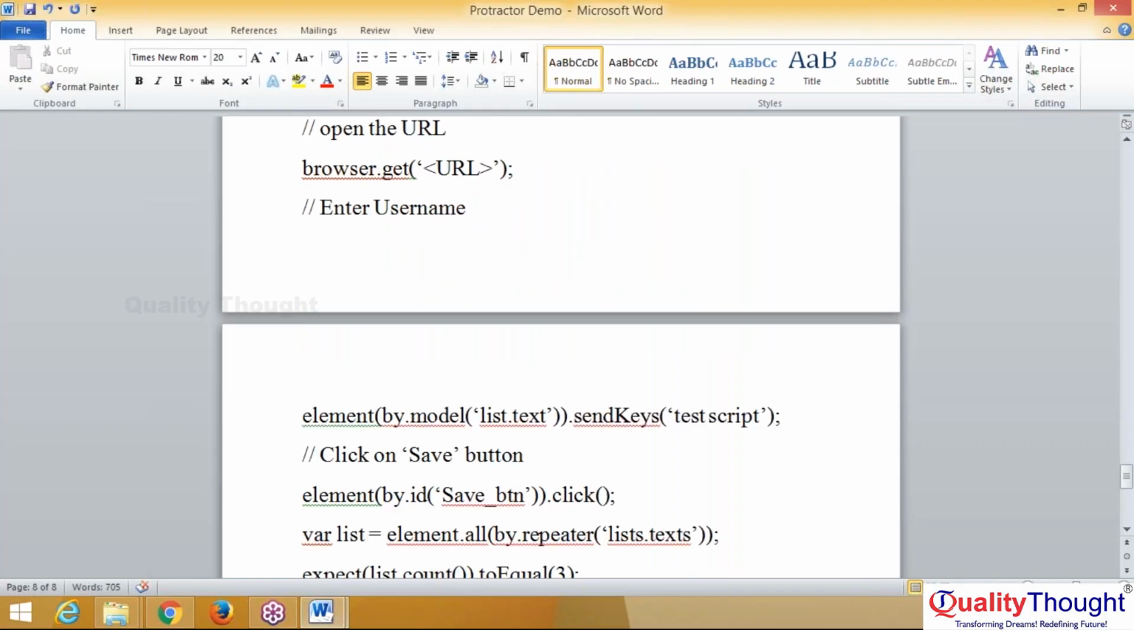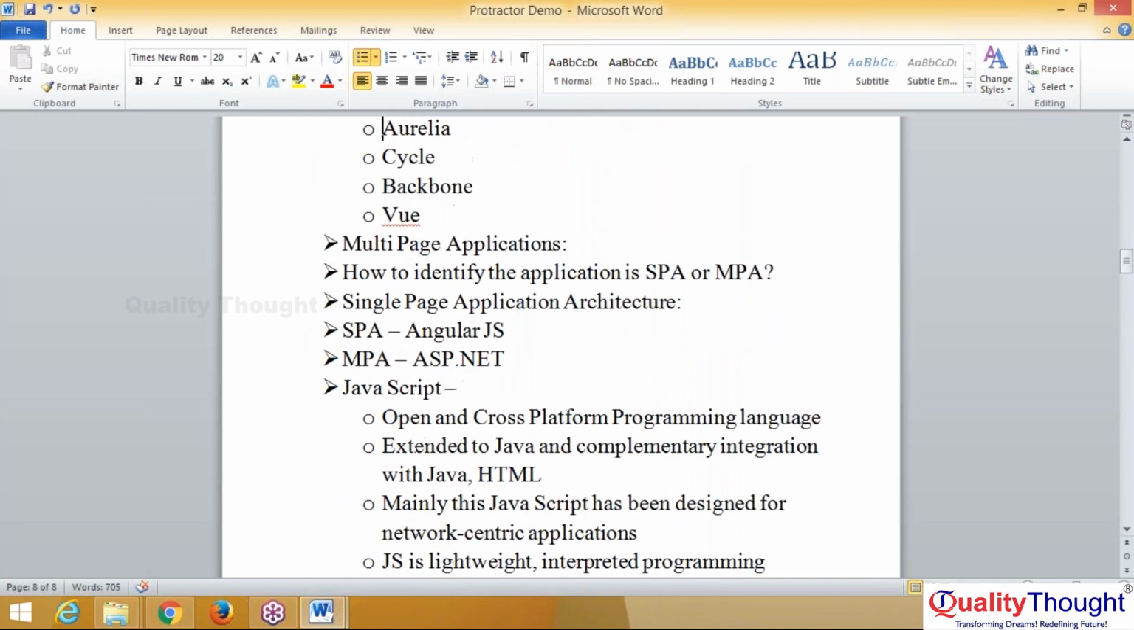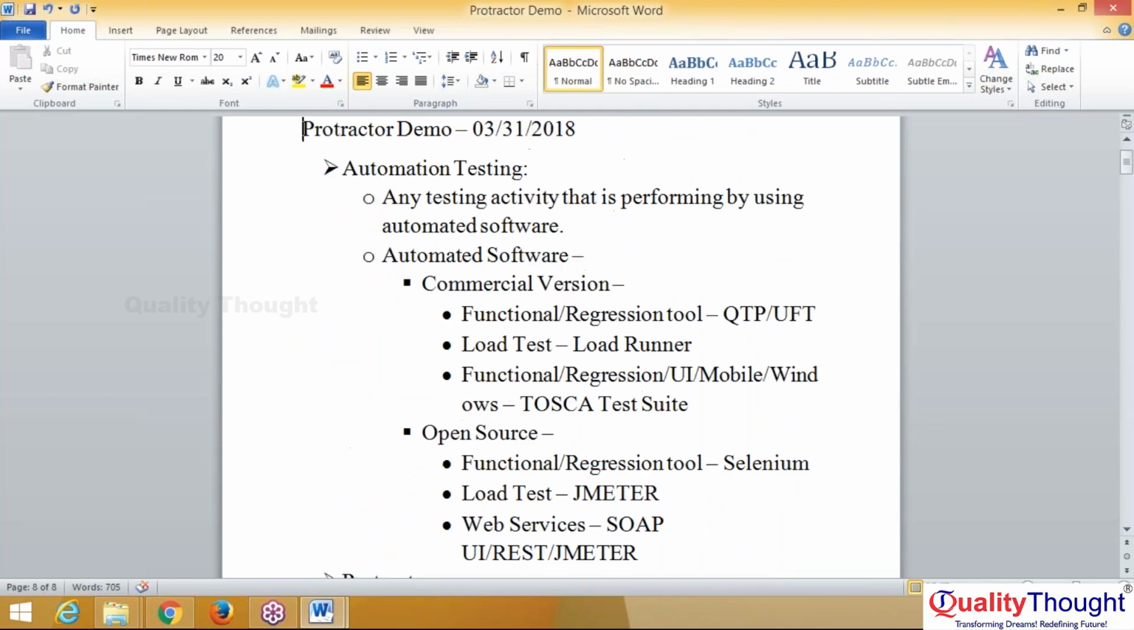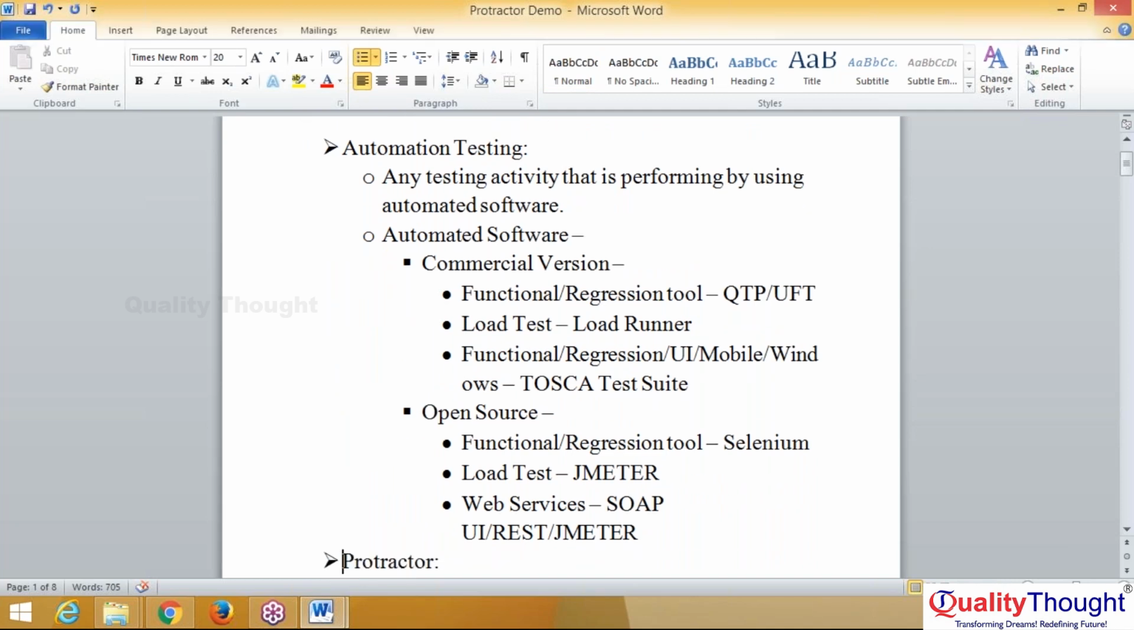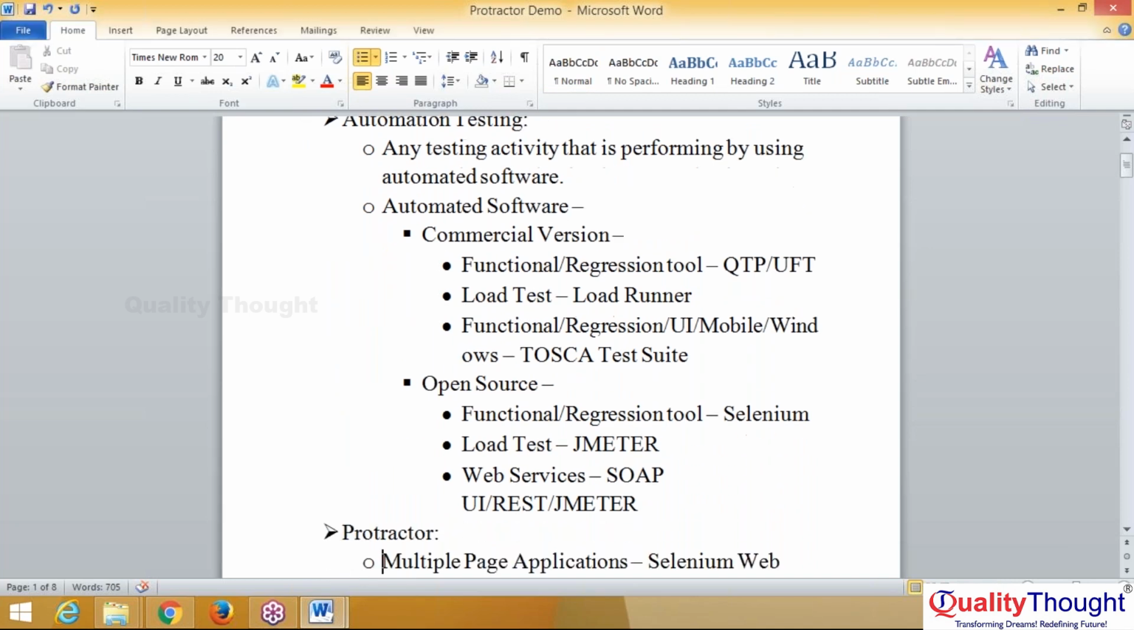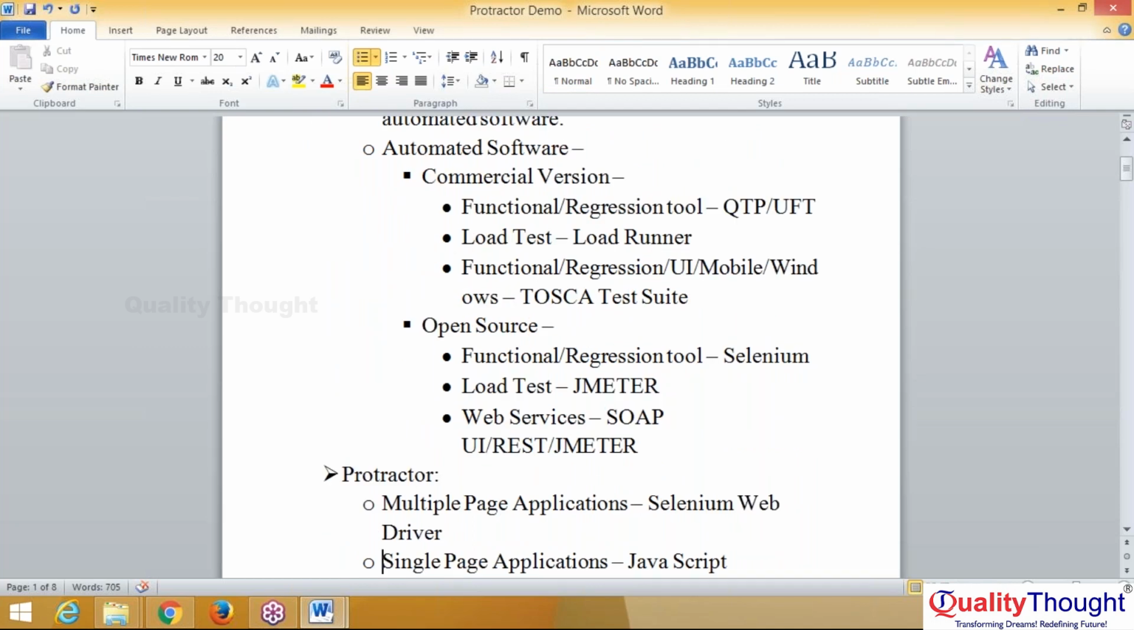So just to recap the previous concepts that we have discussed. In our demo session we discussed automation testing, how many types there are, and what is open source and commercial. This is just the summary of what we have discussed till now. And coming to